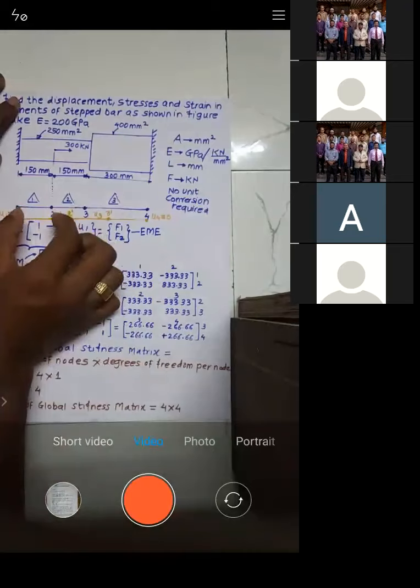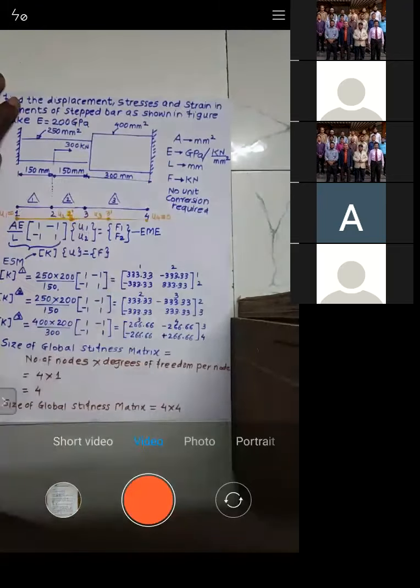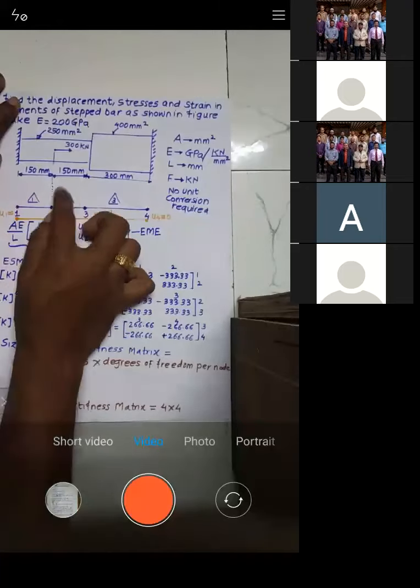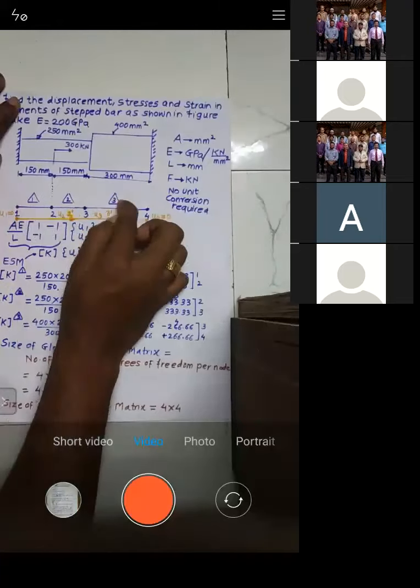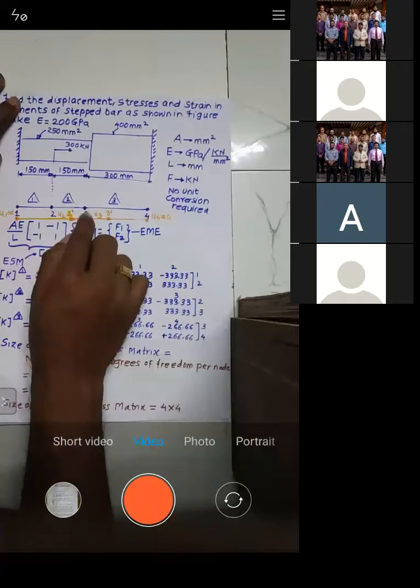Okay. So as a result of this, this entire element gets split into two elements more. Sir, so I will call this as element number 1. I will call this as the element number 2. I will call this as the element number 3. So as a result, I will get node 1, node 2, node 3, and node 4.